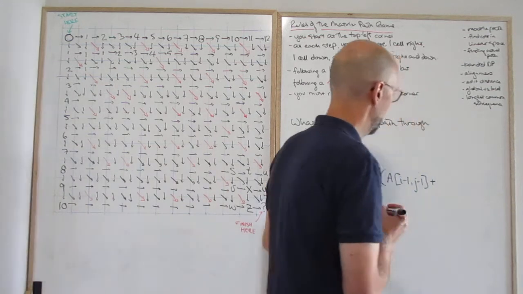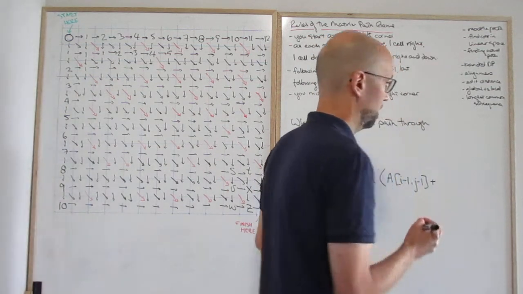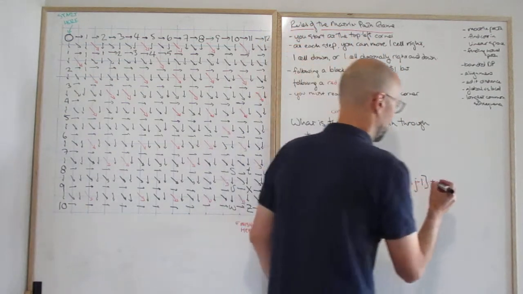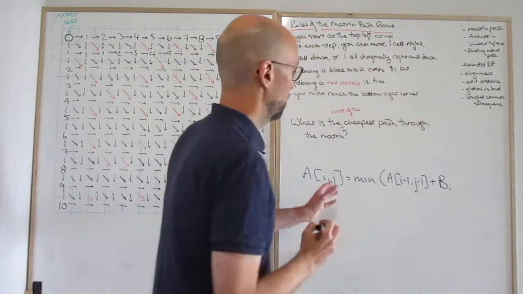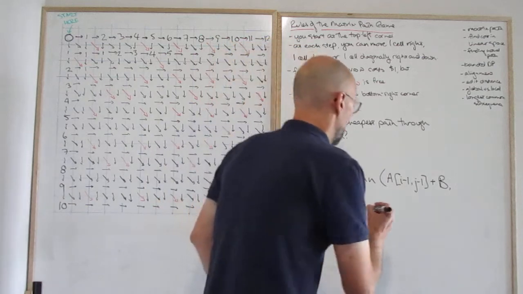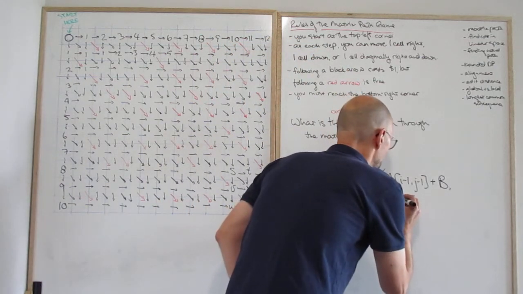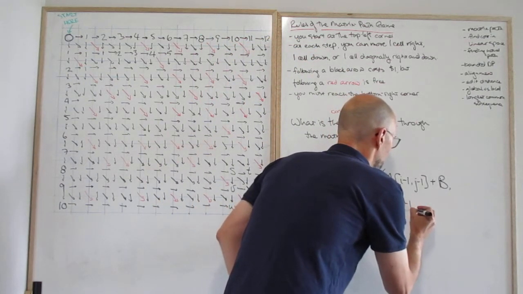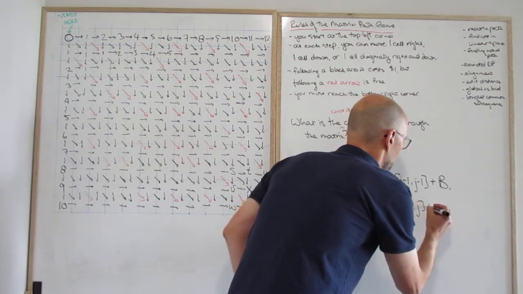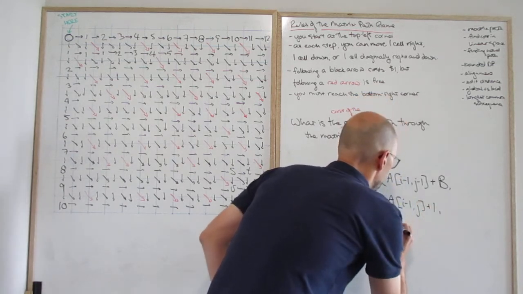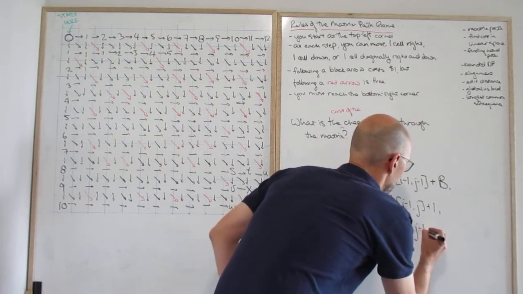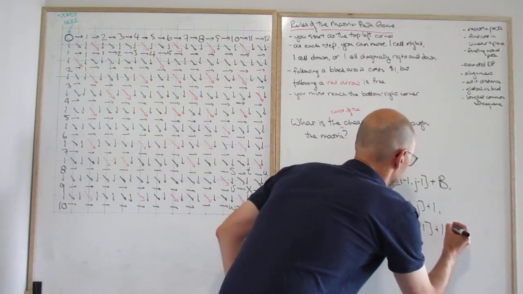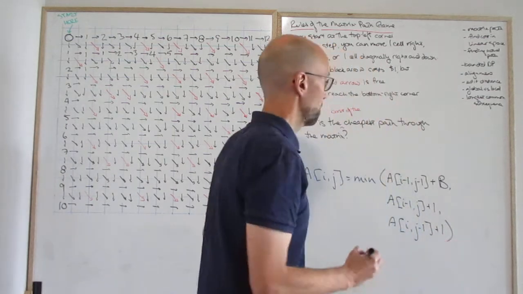But I don't want to call it x, so I'm going to call it b, because it's either going to be 0 or 1. So it's plus b, or it's A[i-1][j] plus 1, or it's A[i][j-1] plus 1. Okay. Where b